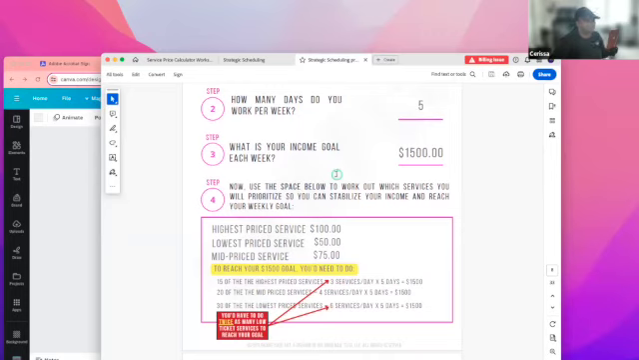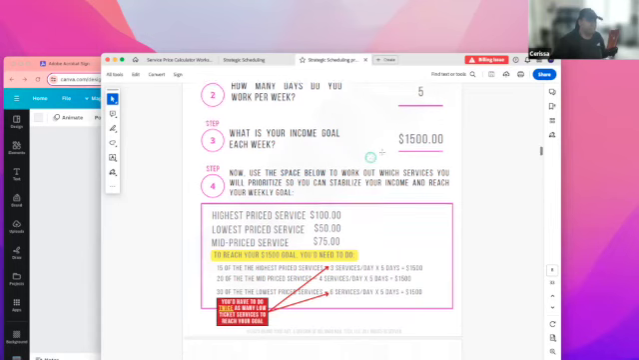Let's just keep going. And I'm only doing that because I know I always get it. If I repost this later, I'm gonna hear about that 1,500 a week. I already know. So then you're going to use the space below to work out the services that you